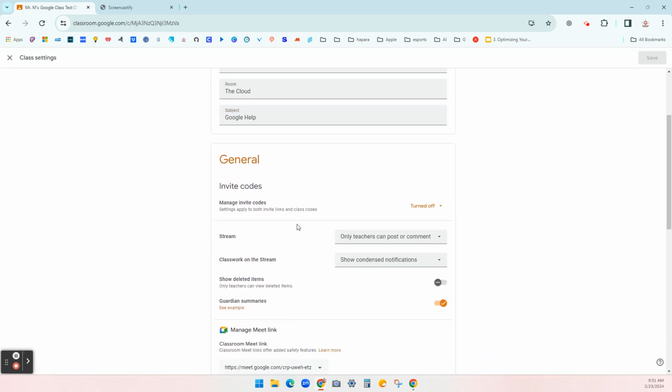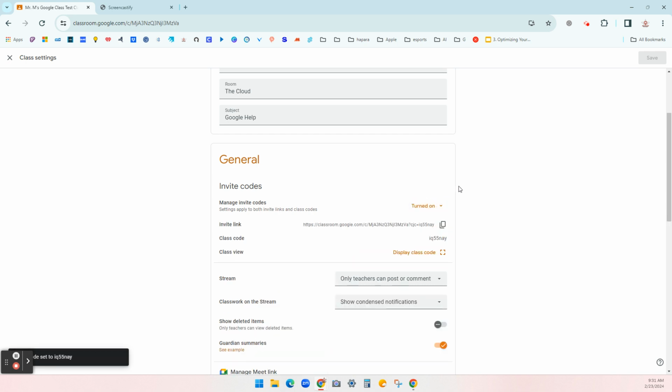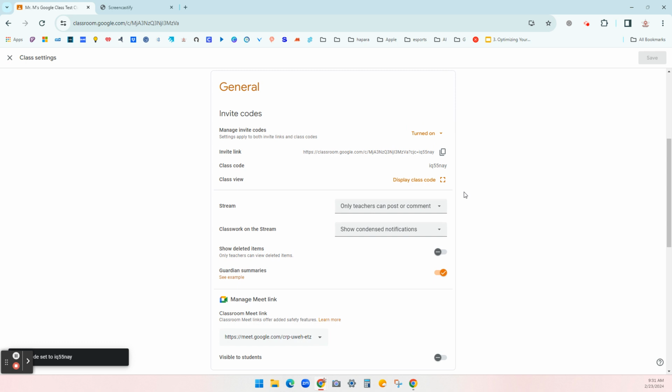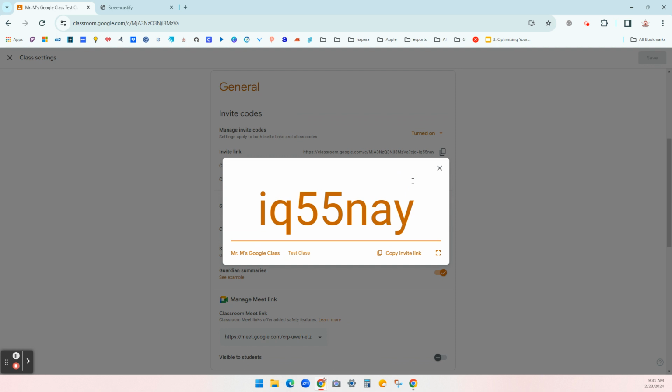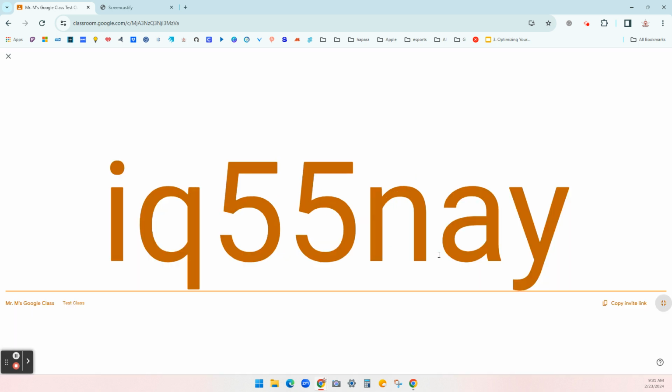You have a general setting that allows you to turn on and off invite codes. So they're turned off for me. I'm going to turn them on right now, and they've really done a lot of changes to invite codes. A lot of teachers use the display code to get kids in. If you're an elementary teacher and you only have a class of 20, you can also invite people if you'd like. But the code's a quick way to do it, and they've added this little display class code button that allows you to make it nice and large, and you can even make it full screen if you'd like to have